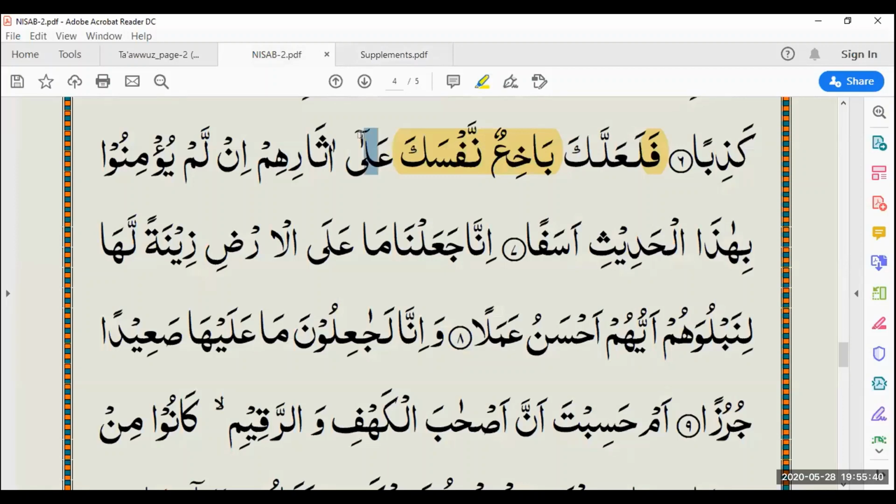Anything else that you can? Okay, this here. What do we have on top of lam? It's madda, madde munfasil. Well done, madde munfasil. And how much do you think we have to prolong it for? We will prolong it for 3 to 5 seconds. Well done. Minimum is 3 and maximum is 5. In this case, what do you think? Is it the minimum that we'll go towards, or is it the maximum we have to lean towards?